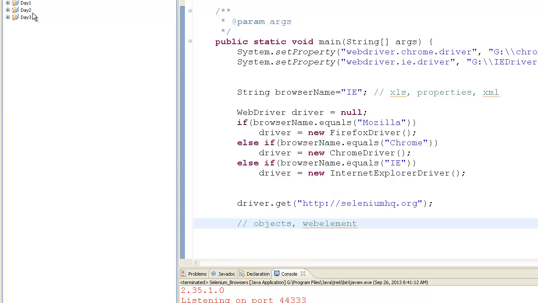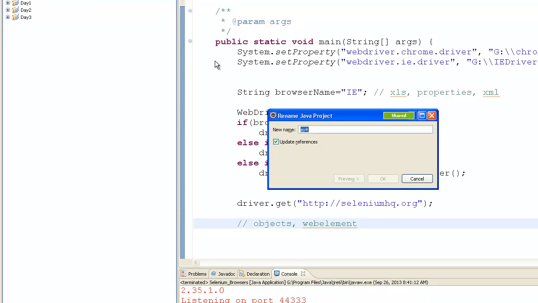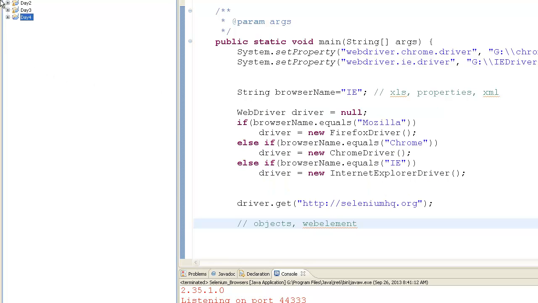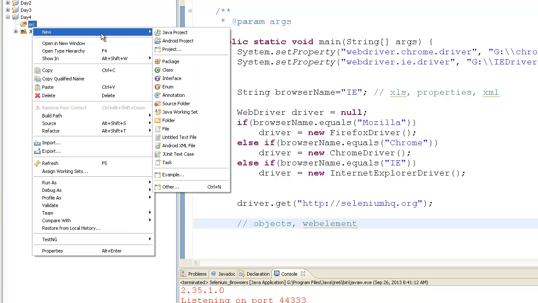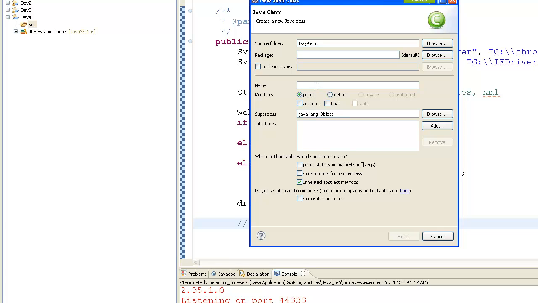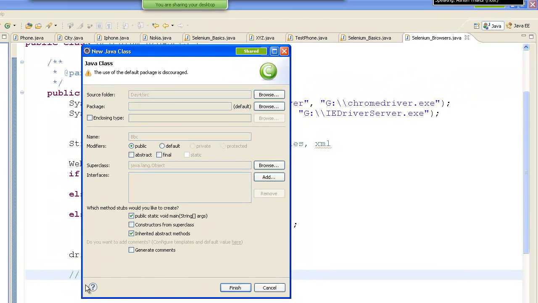If you press F2 on your keyboard, you can rename it. For example, I can rename it to day 4 like this. In this, you will see the source folder. Create a new class. And suppose I make this class as bbc, bbc.java,